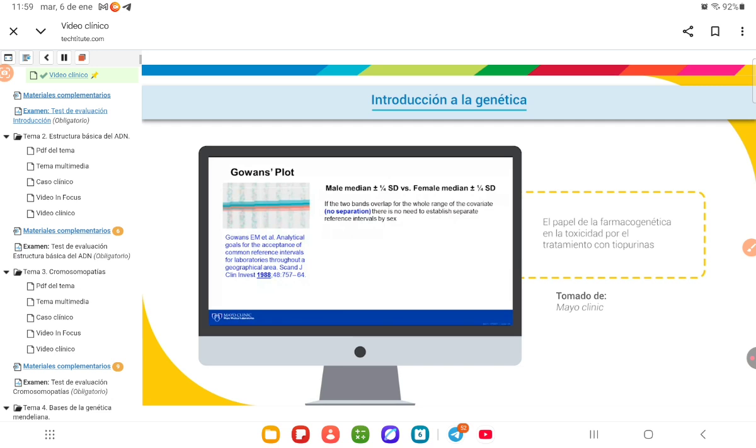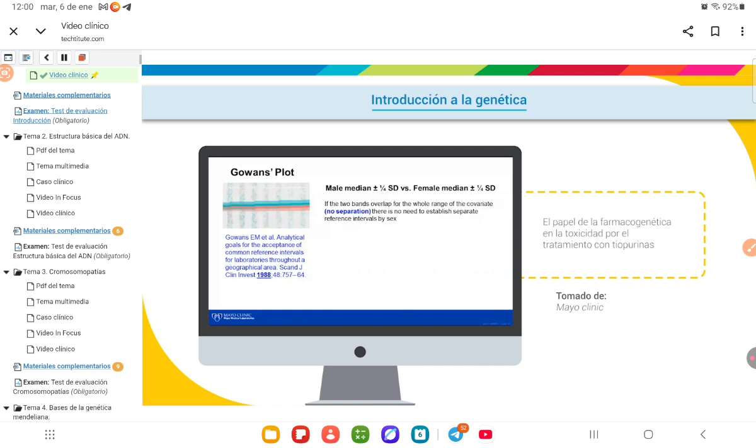Another function incorporated in CLEAR is a Gauss plot, a statistical concept introduced 30 years ago to compare reference data by category, in this case sex. By plotting cumulative data over a continuous covariate, usually age, the median of the male and female populations are flanked by a band spanning plus minus 1/4 of the standard deviation. The resulting plot shows if there is a statistically significant separation